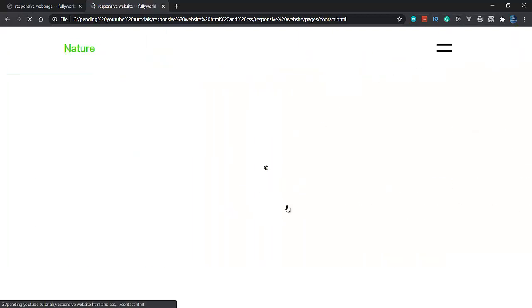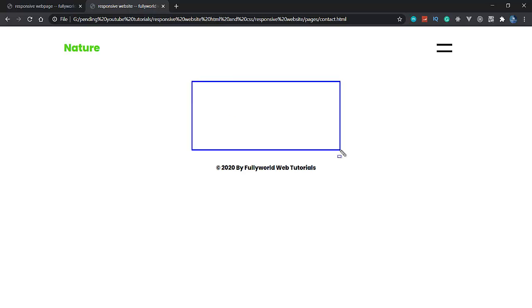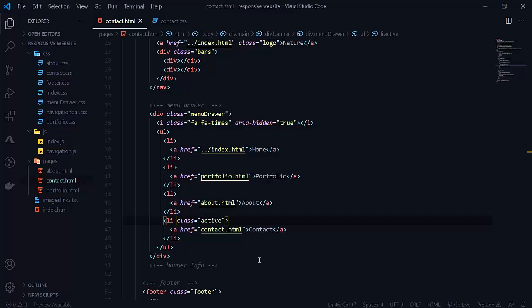Let's move here and first of all refresh it, and after that move to our contact page. See that here is our contact page. But this is not looking good. Our banner has no height of 100vh.